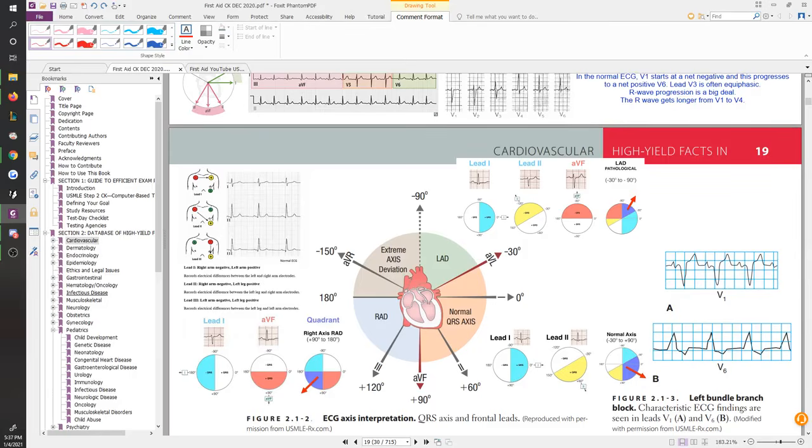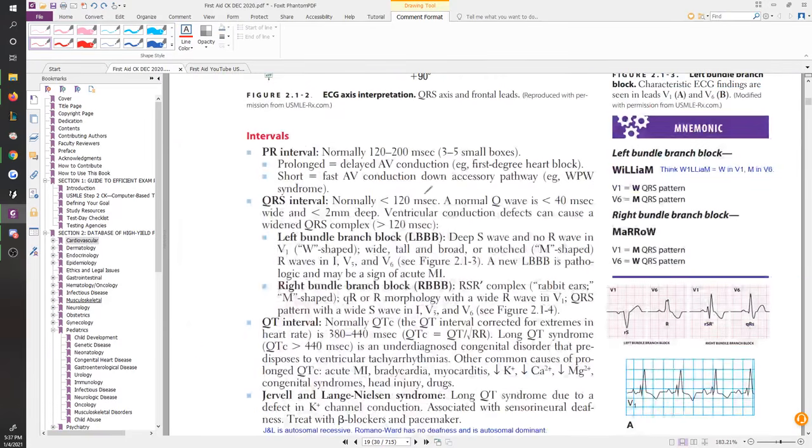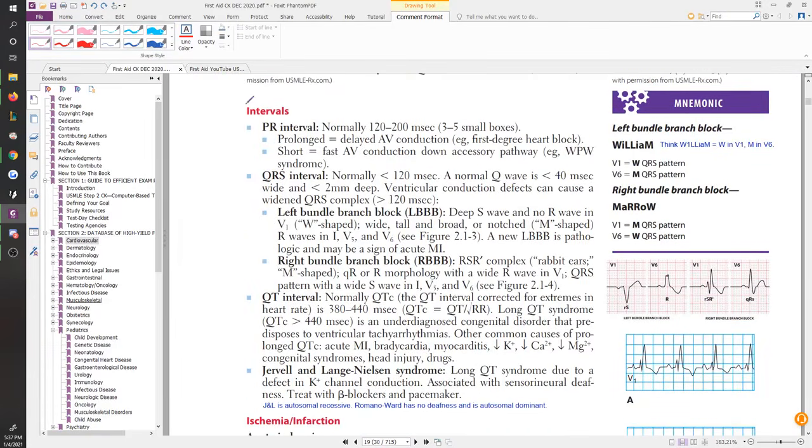Alright, so that takes care of the axis deviation topic. Now let's move on to what else they're talking about here. So this set of information here, this is all stuff, again, that you've already seen in step 1. Right? So it's worth making sure that you take a look at this and reinvest yourself into it to make sure you know it. You don't want to be too confused about it. None of this should be information that comes off as possibly stuff you don't remember, right? So of course there's a good chance you might not remember some of this, but you want to make sure you know it. Then you have your second mnemonic.